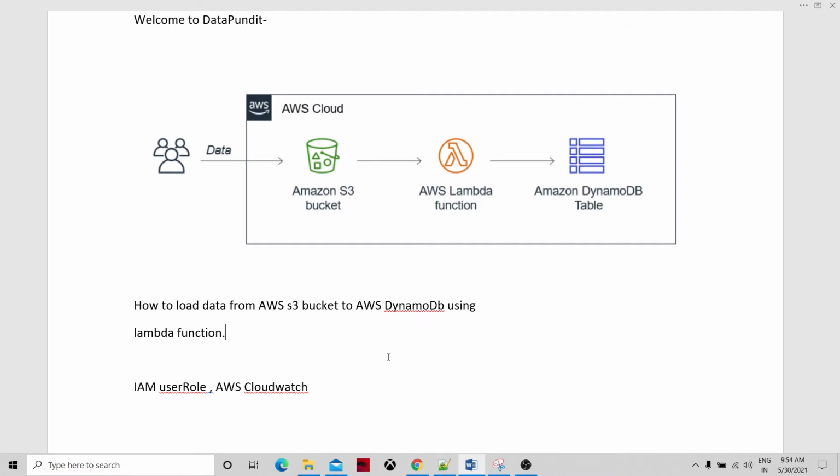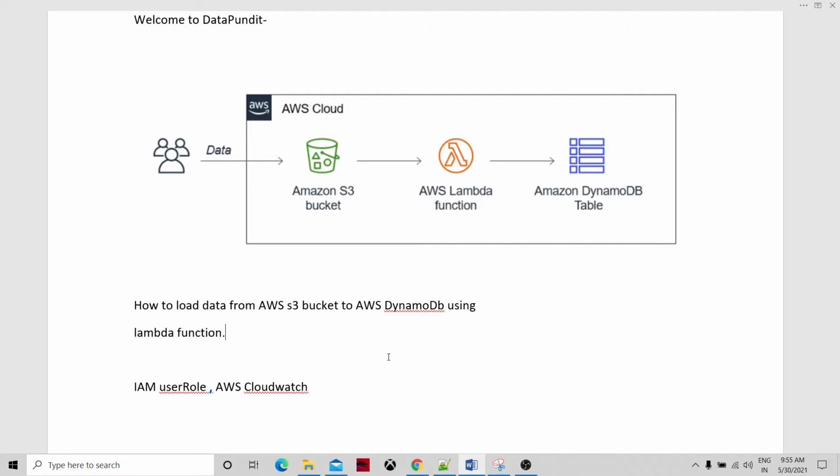Today, in continuation with the AWS video tutorial series, I'm going to take up the Lambda function, and we are going to solve the commonly used use case wherein we have to take the data from an S3 bucket and automate the process to load the data into the DynamoDB table. In many cases, data ingestion happens via the S3 bucket to different AWS services, like Amazon Redshift in data warehousing scenarios, a database such as a DynamoDB table, and